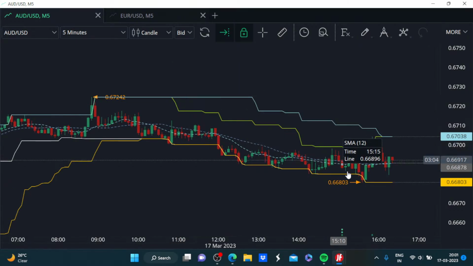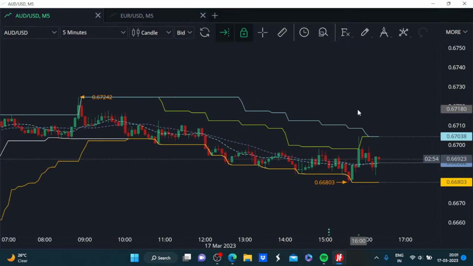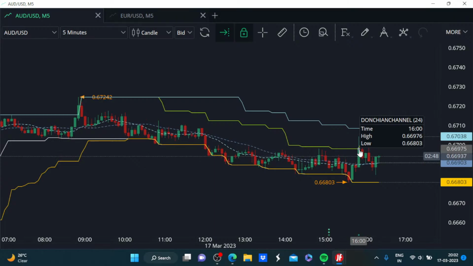But now it is holding close to this support zone, closer to the immediate swing low of around 0.6680. It has been holding above that range, and after the release of US data, we saw this fresh spike in the